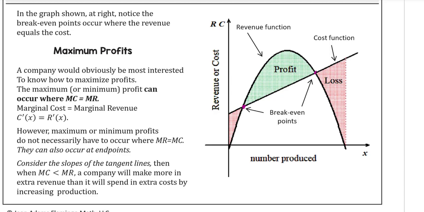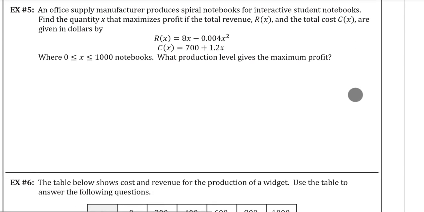Consider the slopes of the tangent lines then when the marginal cost is less than the marginal revenue. A company will make more in extra revenue than it will spend in extra costs by increasing the production. So you can also see the biggest difference between those curves as well is where you will maximize your profit. Okay, so using this idea,